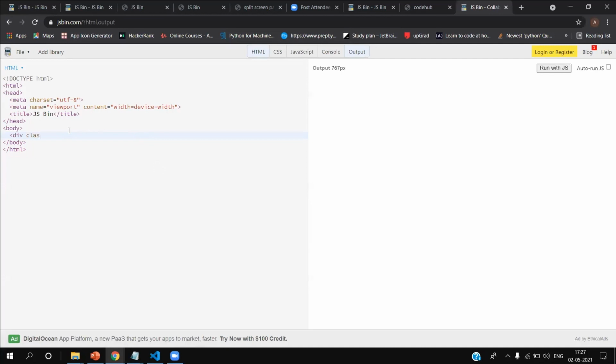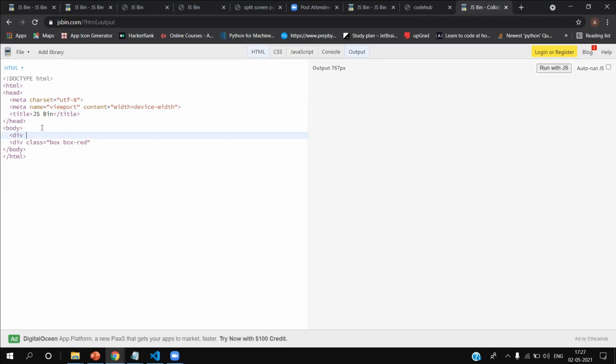Div, I'll give a class name, class equals to box and box red. So this is the short form where you don't have to create a new division. If you keep box and box red, this means you have created a division like this.